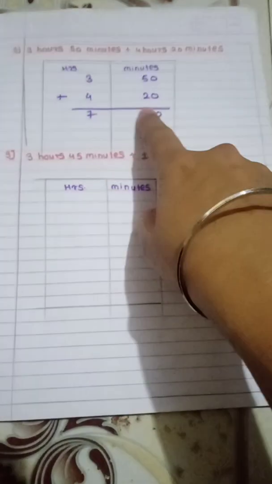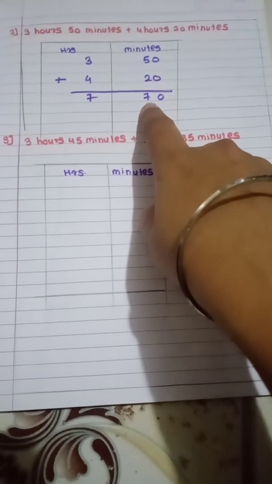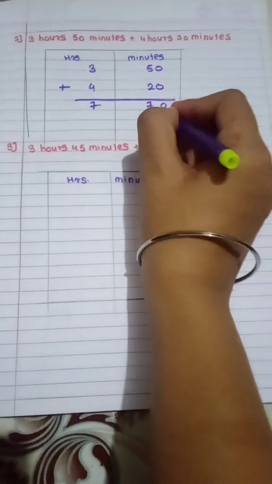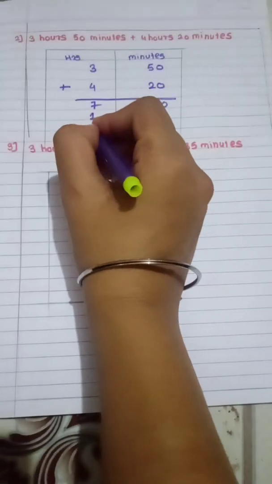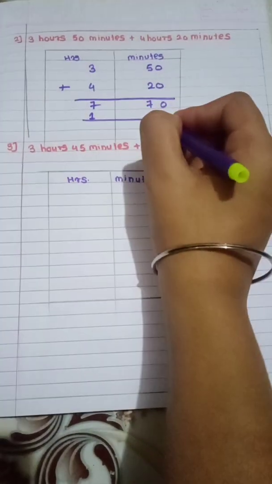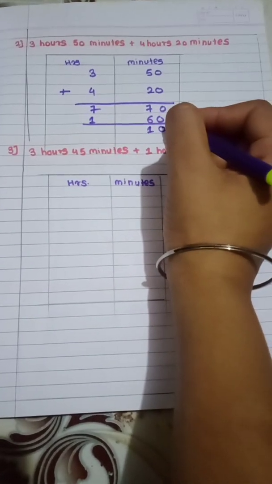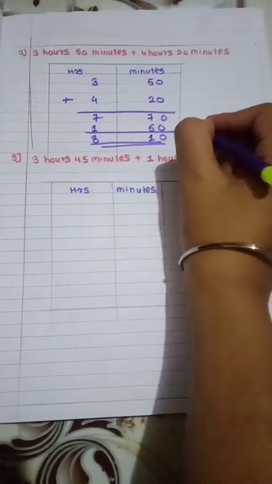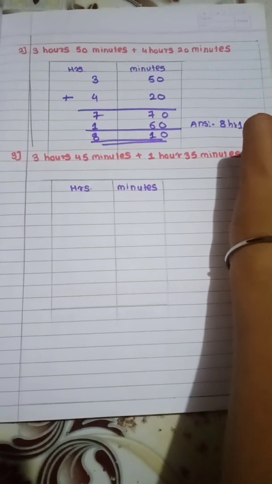Okay, again I have got the minutes more than 60. Okay, so whenever the minutes is 60 or more than 60, I am going to subtract 60 from the minutes and I am going to add 1 over here. Okay, now see what will be the answer. I have to subtract 60. So 0, 7 minus 6 is 1 and 7 plus 1 is 8. So what is the answer I am getting? My answer is 8 hours 10 minutes.